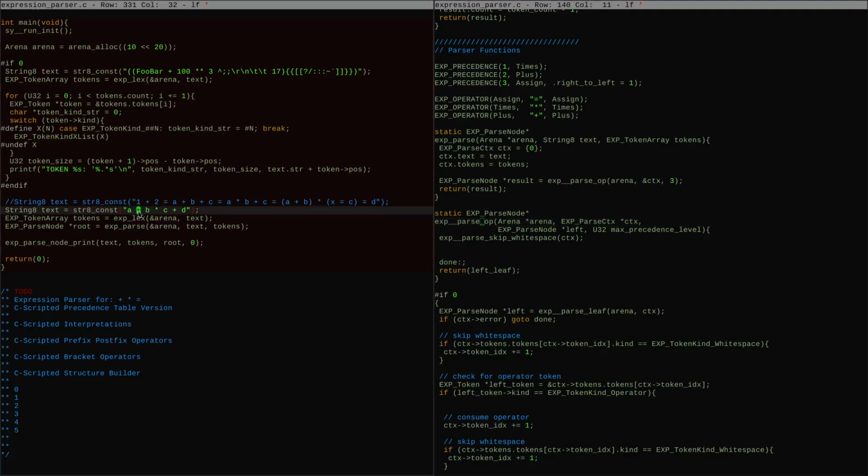So it is recursion. When you go down the table, so you get to stickier precedences, you call recursively and you lower the max precedence. And then when it hits one that goes back up in precedence, or rather loses stickiness, then it stops there and returns back up and lets a different layer in the call stack handle the one that matches that plus. So it was like this, right? It's like this, except imagine if instead of filling all these out to get to the leaf and then coming back up to figure out your 3, you instead just go, okay, grab a leaf, now stick a 3 here,